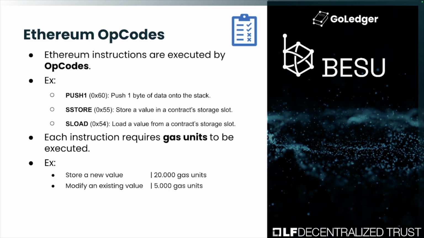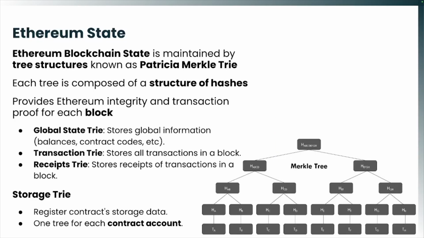The gas unit cost for these operations changes depending on the action. Storing a new value in storage costs 20,000 gas units, whereas modifying an existing storage value is more efficient, requiring just 5,000 gas units. Whether you are transferring Ether between accounts or executing smart contracts, the Ethereum blockchain state is maintained